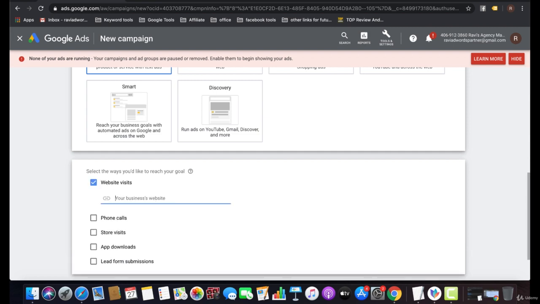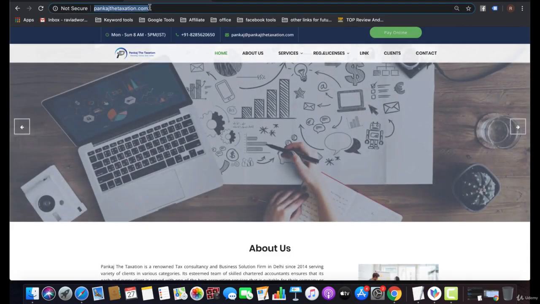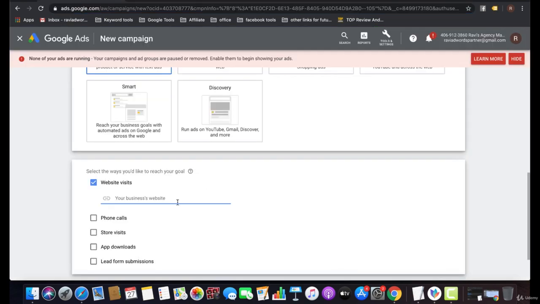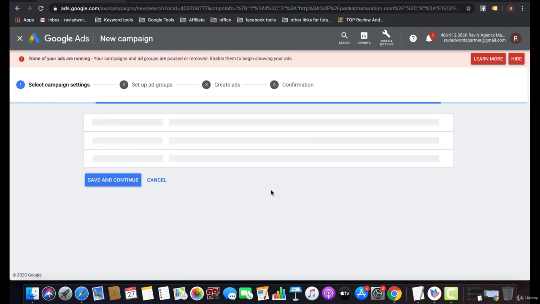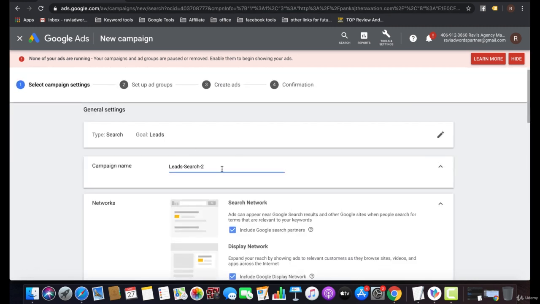and now I am putting in my client's website. After putting in the website, you can click on continue, and you can select your campaign name as well. Like I am selecting Pankaj